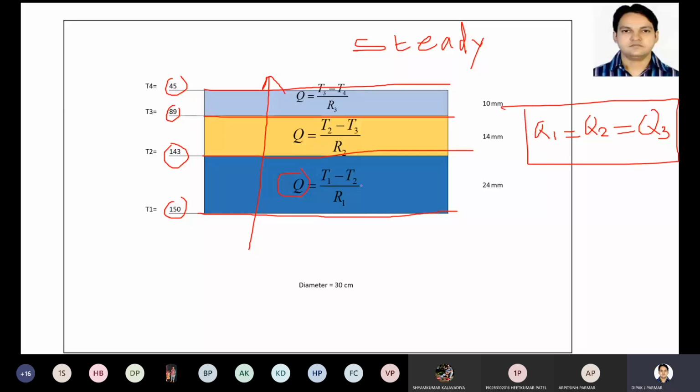So we can now use this equation for the first plate, Q equal to (T1 minus T2) upon R1, where Q equal to V and I, that is known to us. Let us take the higher temperature as T1, so T1 is 150, T2 equal to 143. So Q is 400, and (150 minus 143) will be equal to R1. So you can get R1 from this equation. Same way you can get R2 from this equation, and you can get R3 from this equation.